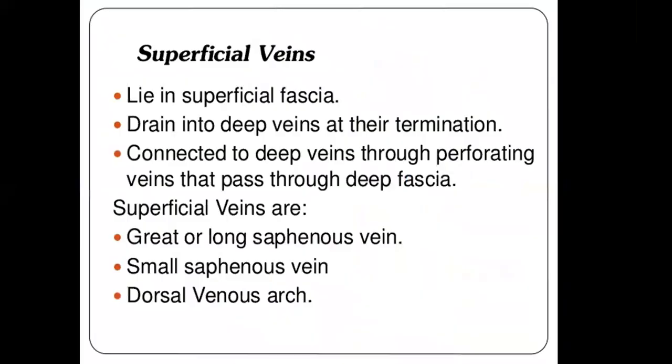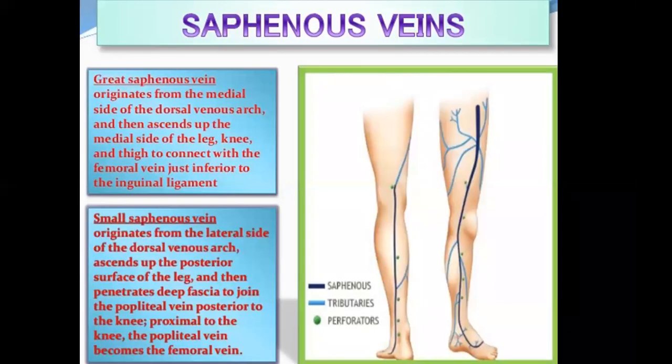So, I'll show you another picture. Now here, if you can see, this is the short saphenous vein or small saphenous vein arising from the lateral aspect of the dorsal venous network, passing behind the lateral malleolus, along with the sural nerve and coursing back into the neck, where it pierces the deep fascia of the upper leg to enter the popliteal fossa.